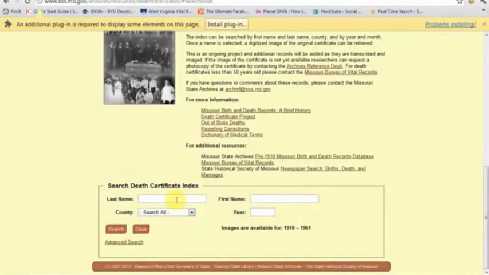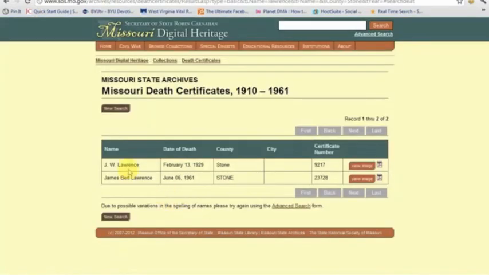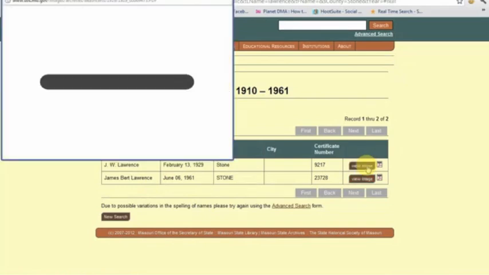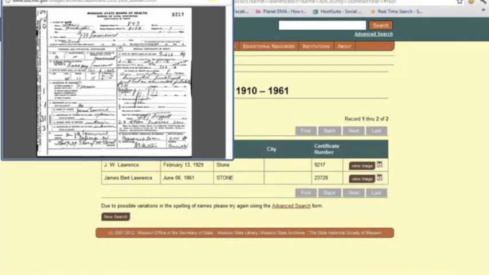Come back here and say, show me all Lawrences who died in Stone County. Who knew there were so many ST counties? There we go. Okay, Stone County, and there are 2 of them. I could then click that image, and you'll see here that it'll bring up an actual image of the death certificate. Now it brings it up in this little window here, and I could save and attach that document, but